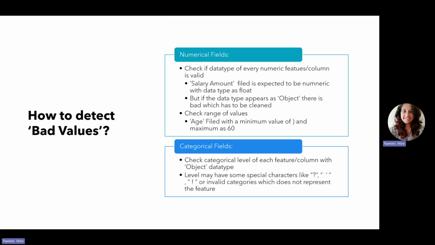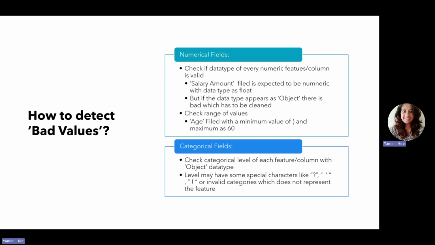Another aspect: the age data type is proper, integer or float, but when you look at the range of the age field, you see the range is from 0 to 60. A zero age is not something that would be probable